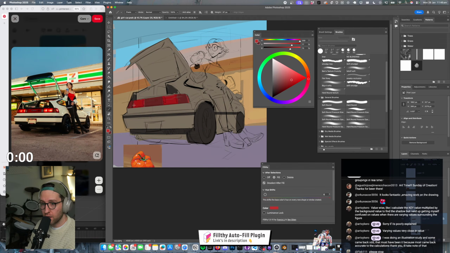So I'm just doing an alpha lock on the layer as well. That's how I'm drawing within that same shape without doing another layer mode. Another clipping mask, sorry.